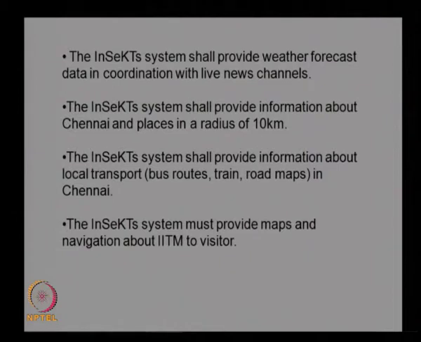So this is again an important part. The system should be providing the navigational aid to the outsider. So whenever he wants to go to a particular place in IIT, he should be able to locate himself in the map and then identify the route to the desired building or desired facility, and how to reach there. And this actually should be linked to the bus service availability and the present position of the bus and the expected arrival of the bus to that location. So all this information should be available in the system to help the visitor.